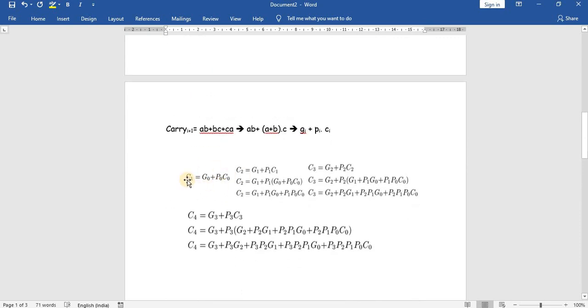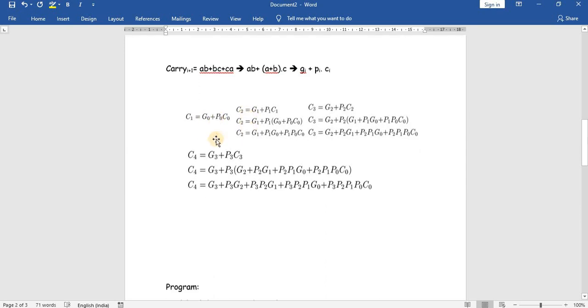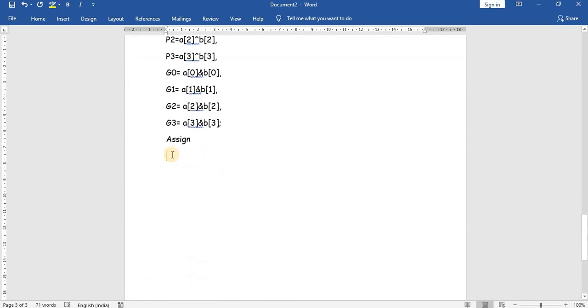So now we need to assign C1, C2, C3 and C4. We know the equation already. So assign C1 is equal to G0 or P0 and C0.